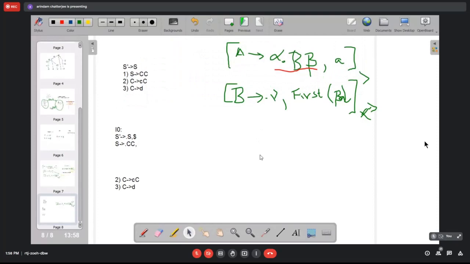We have these two rules: A producing alpha dot B beta, comma A, and then we have B producing dot gamma, comma, first of beta A.